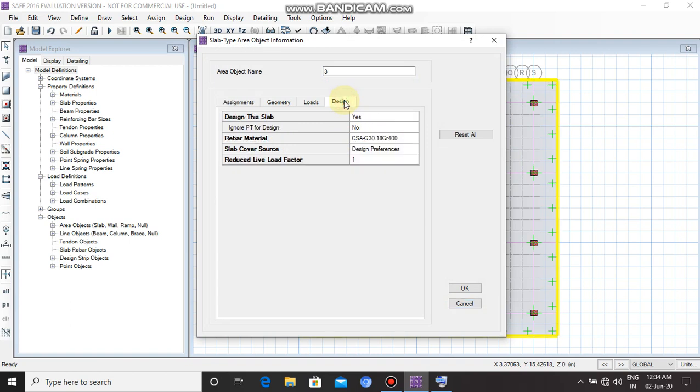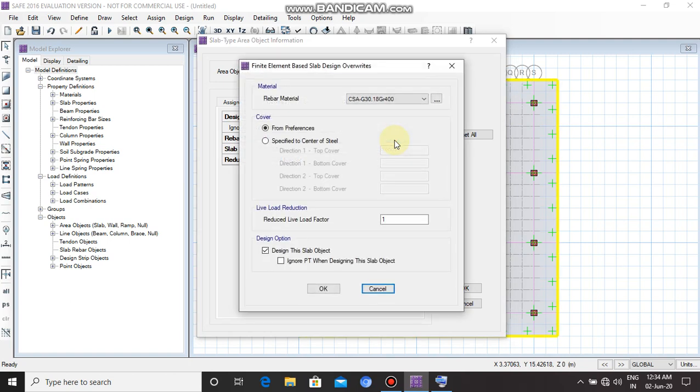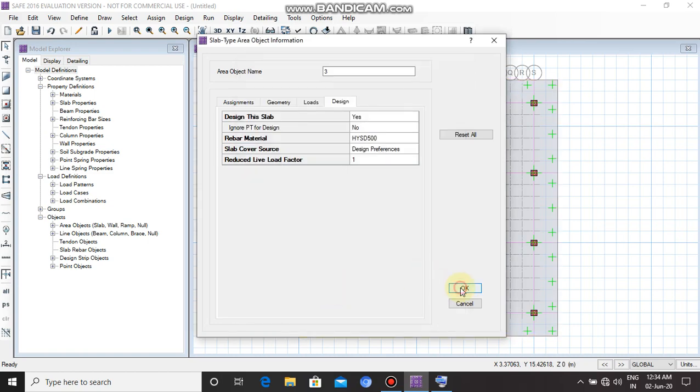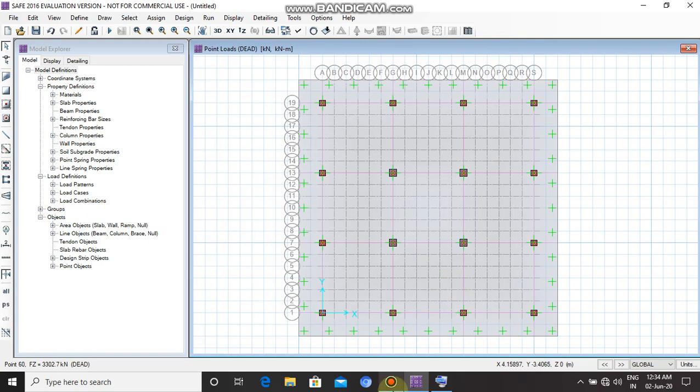Then click on design, then change the rebar material to HYSD 500, then click on OK and then click on OK again. You need not assign the rebar material on the column as it is already assigned with respect to the rebar material of the footing. Now right click on rebar strip one by one.